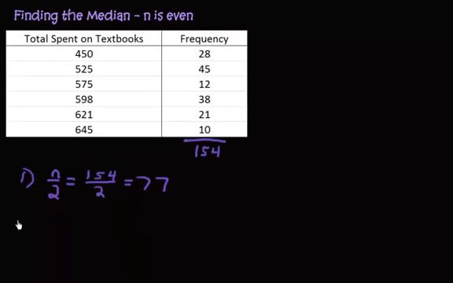Now if you watch the video when n is odd, which you probably should because that video goes into more explanation of why we're doing what we're doing. So if you're not following along with this, please go watch that video. When n is odd, we would be doing some rounding. We're not doing any rounding. We actually go right to our last step,